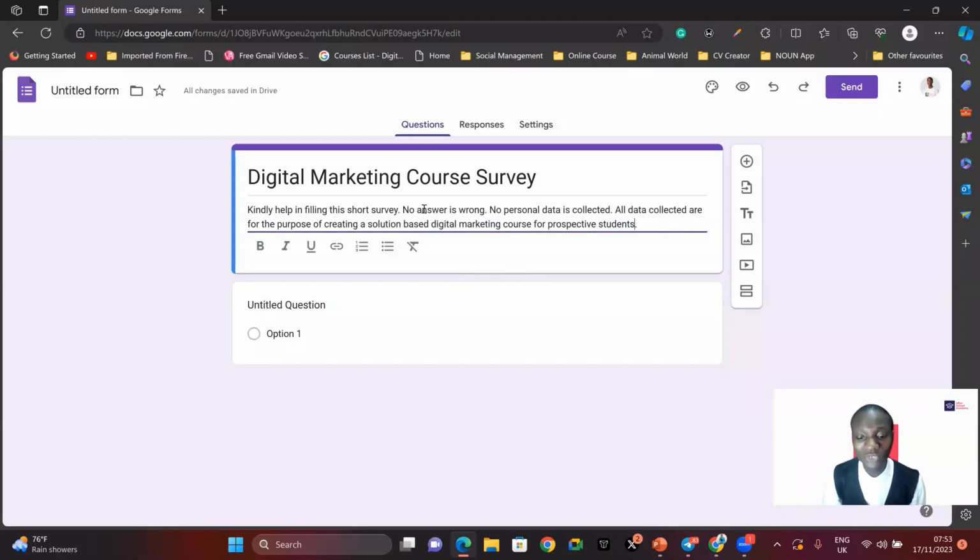You've been able to show them that no personal data is being collected, so they can have confidence in filling the form. And you have been able to show them the purpose of collecting the data. These things are very important, and this word short is very important also for people to fill your form. People don't want to fill a long form, so it's very important to pay attention to that.